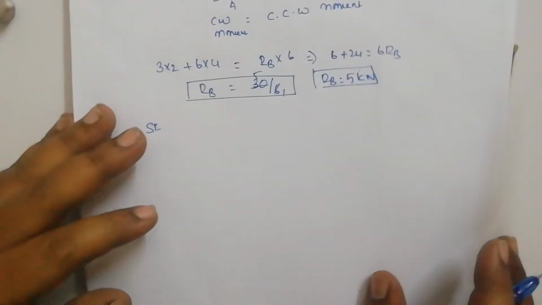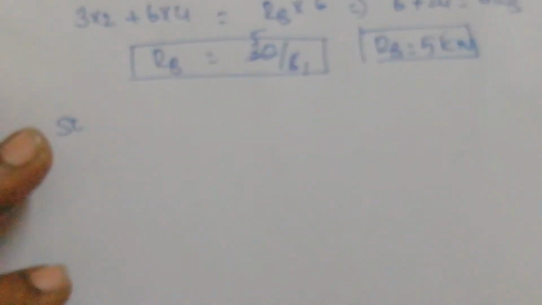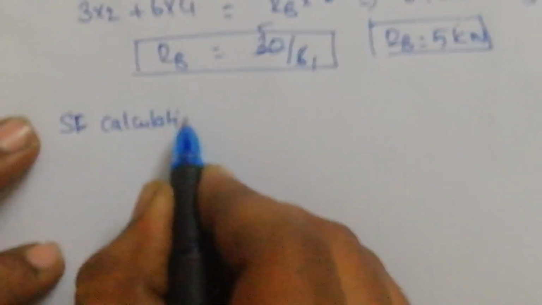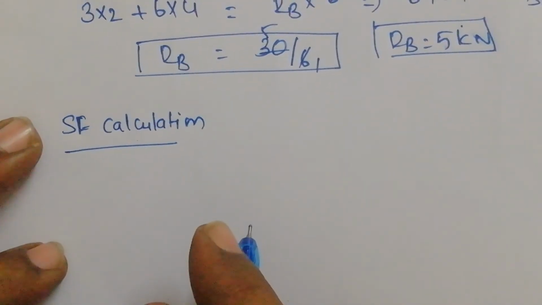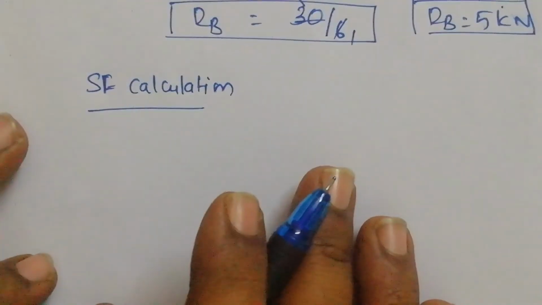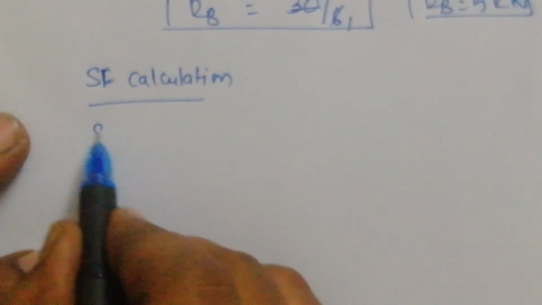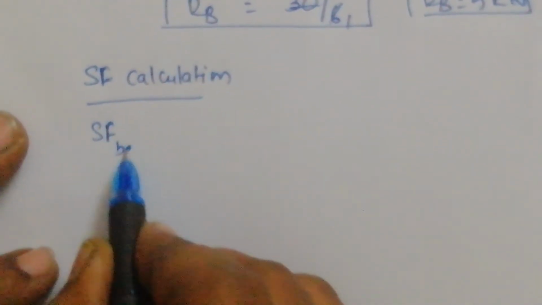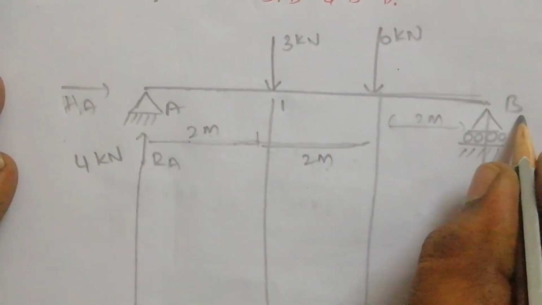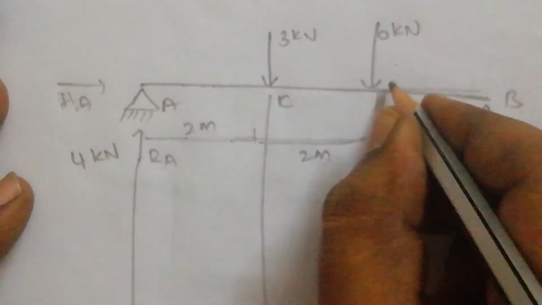That is, we generally write it as SF calculation. Now, first SF, shear force before point. Let us take the names of the points. A, I forgot to take it in the initial, you can take it in the initial itself. A, I have taken this point already. B, so let us take this point as C, let us take this point as D. A, B, C, D we have got.